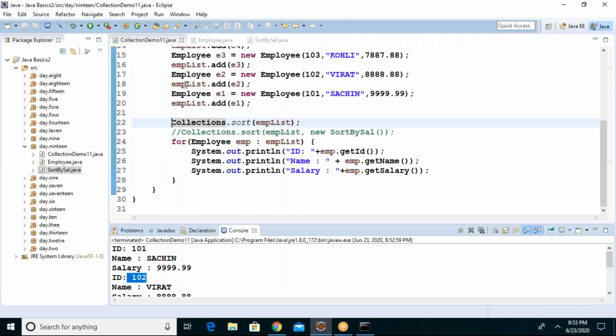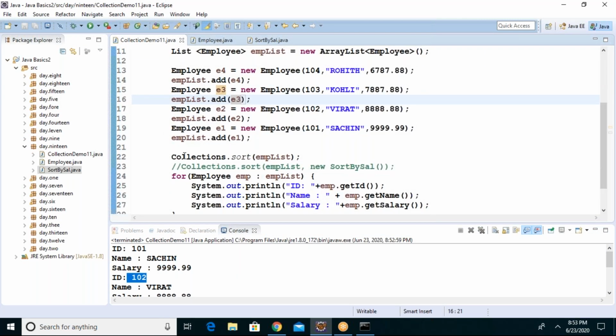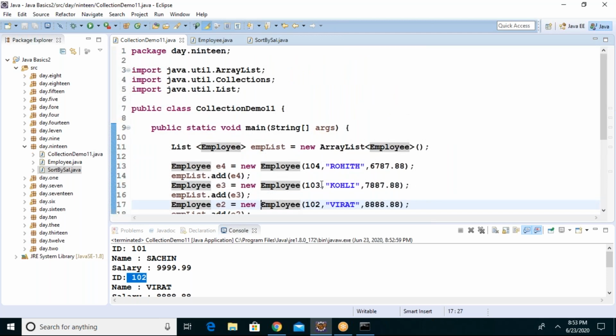Like that, you can keep on enabling any number of sorting options. If you want one more sorting for name, yeah, this is your assignment, homework. You work for sort by name, guys. Do remember, I am giving homework today. I will also share this project to everyone. In the same day 19, you write one more class for sort by name and show me tomorrow, everyone. Do remember, guys. Am I clear?